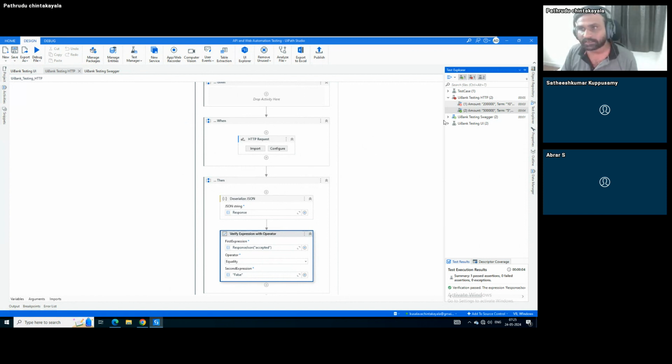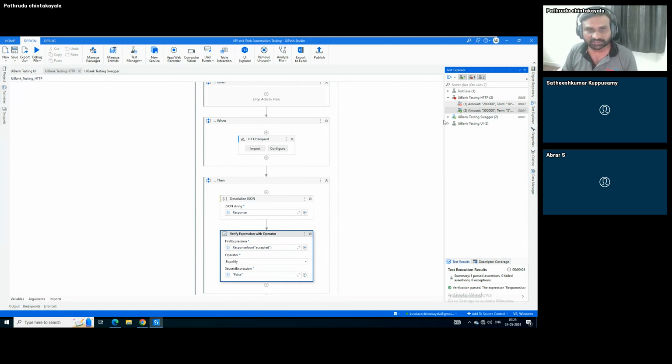When I come back to this, I'll click on this drop down, and I'll click on run failed test cases. If you see here, one test case has failed and the other test cases passed. So in this case, I can run all test cases, and I can run only the failed test cases also. Now I'll click on run failed test cases. See here, now it has passed, and now everything is passed. So this is how we will be testing the API